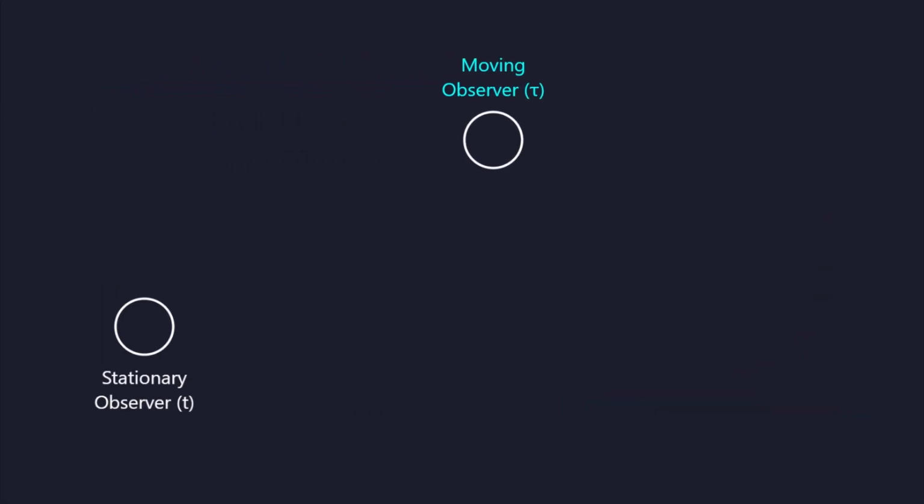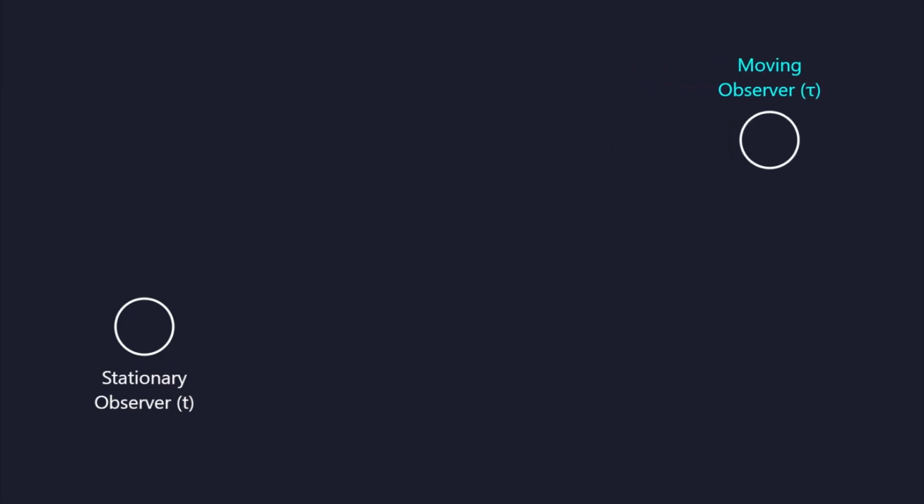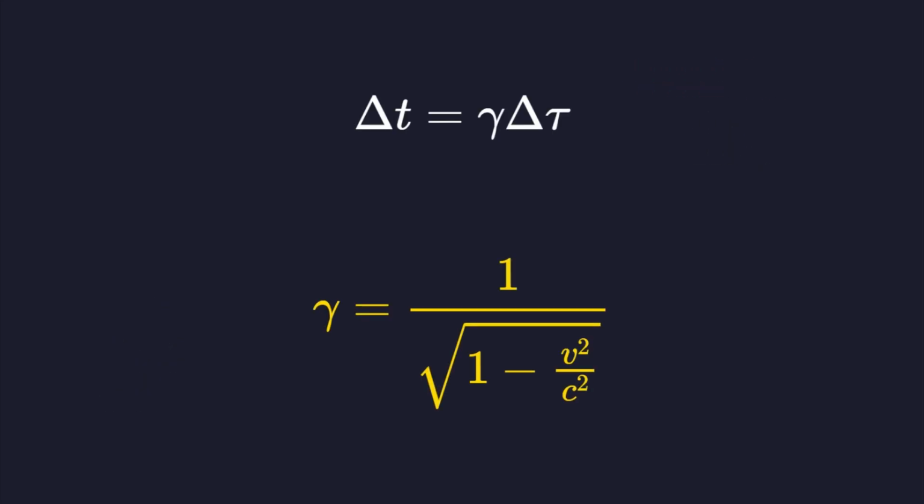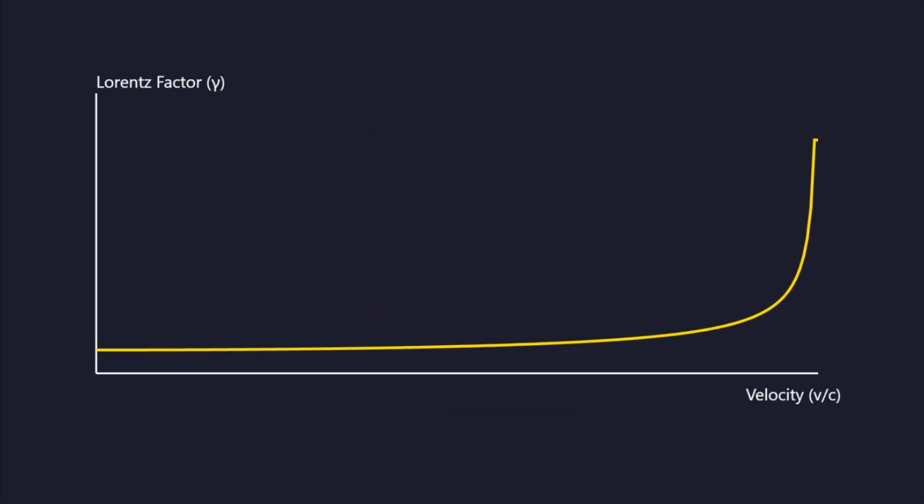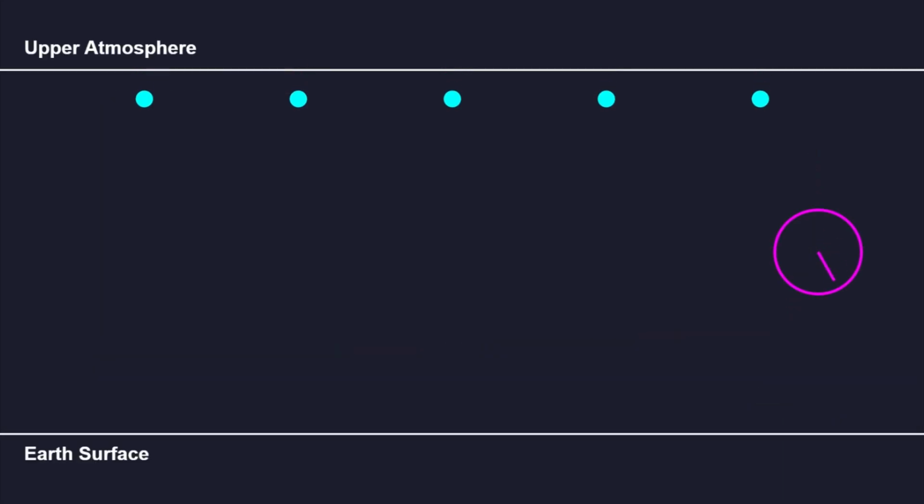dilation. We distinguish between proper time, measured by the moving observer, and coordinate time, measured by the stationary observer. The ratio between these two times is exactly the Lorentz factor. At light speed, the coordinate time interval would be infinite. Subatomic particles, called muons, created in the upper atmosphere, provide physical proof of this asymptote. Despite a short lifespan, their high velocity dilates their internal time, allowing them to reach the surface of the Earth